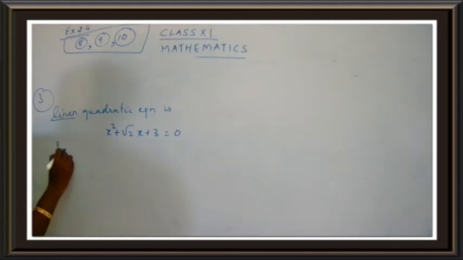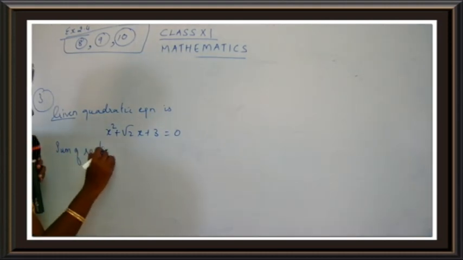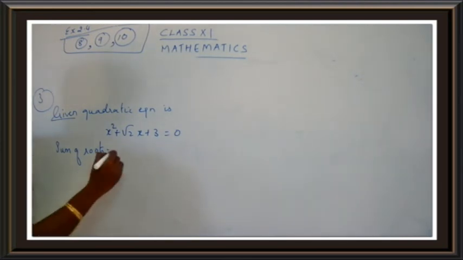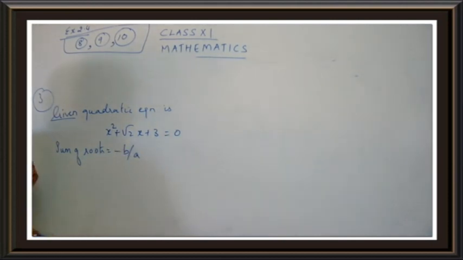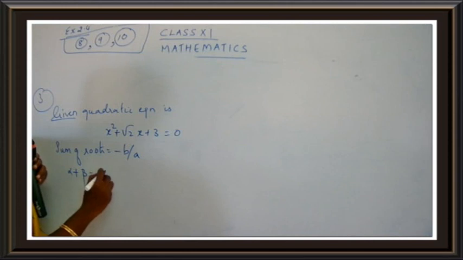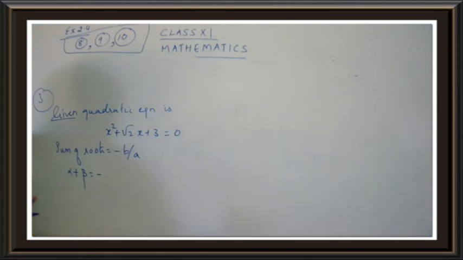So first you write down here sum of roots. What is the formula, children? Recollect the formula that we use for finding the sum of roots here. Yes, what's that? Minus b upon a. Good, that's all. It's minus b upon a. So here the two roots are alpha and beta. So in place of sum of roots you write alpha plus beta is equal to minus b upon a. What is b here? B is root 2. So minus, if you want one more step, I can give you one more step.